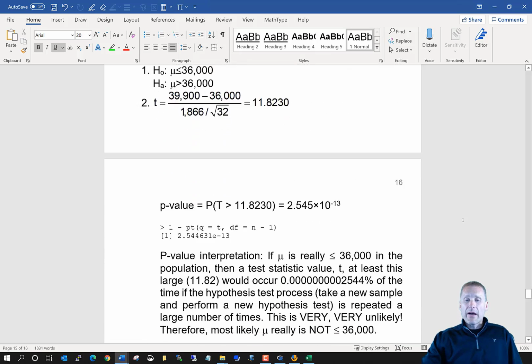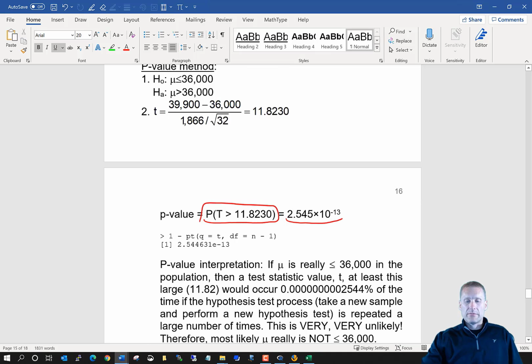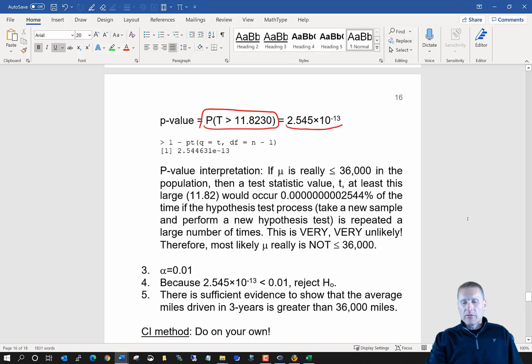If I were to do the p-value method then, now the p-value is the probability of a random variable t being greater than 11.8, and as you might expect, that probability is extremely small. So to interpret that p-value, just for emphasis, if mu was really less than or equal to 36,000 miles in the population, H0 is true, then a test statistic value at least this large would occur 0.02544%